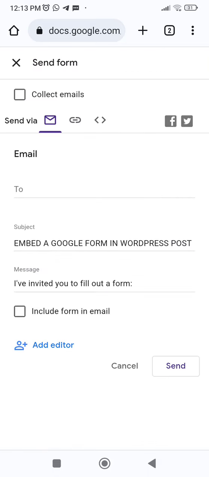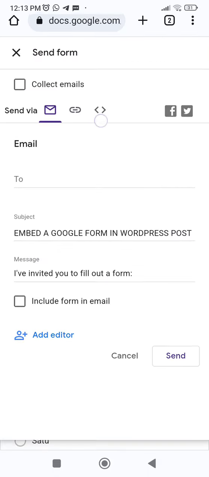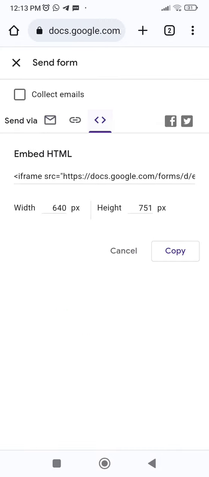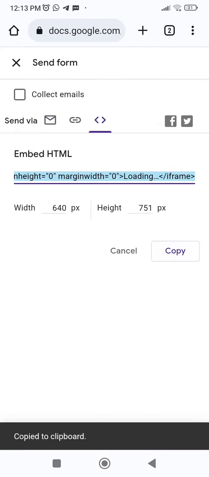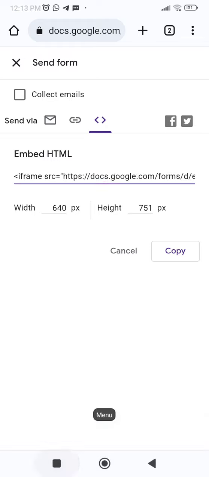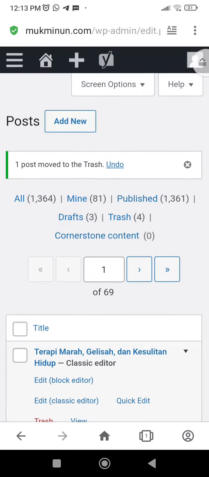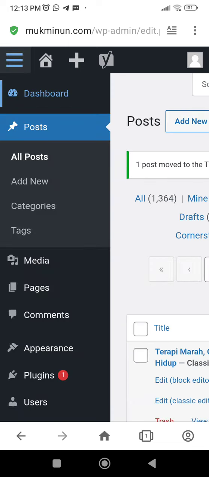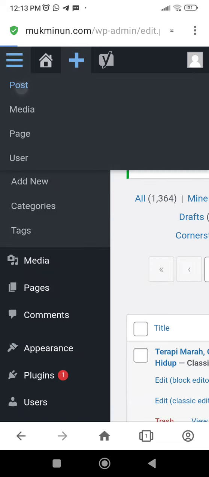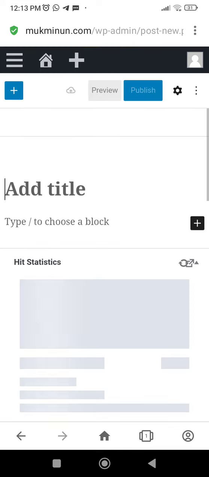click here and click this to embed in Google in WordPress website. Click copy, and now let's open the WordPress. Open your WordPress account, add new post. And now if you are using a Gutenberg